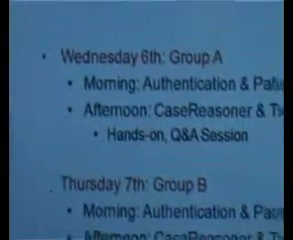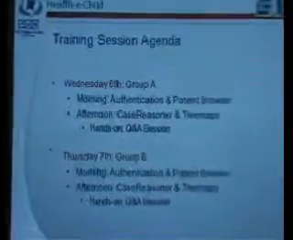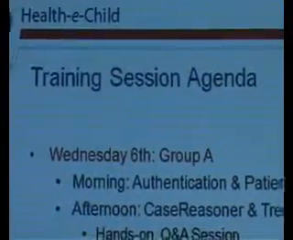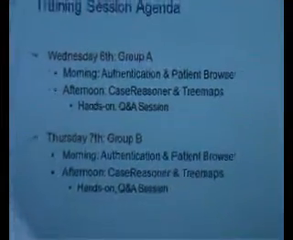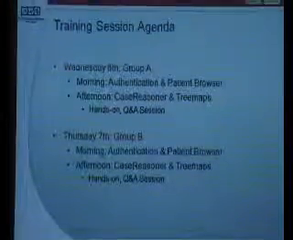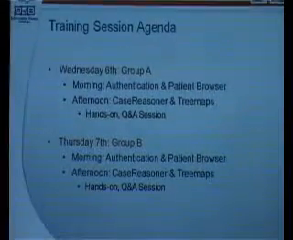So the training agenda is the following. Today and tomorrow we'll have the same agenda. In the morning we are aiming at covering the authentication and patient browser applications. And in the afternoon, the case reasoner and tree maps applications. Of course, if you have more questions, more advanced questions about the features of the case reasoner, for instance, I guess we can spend some more time after the training session to go through